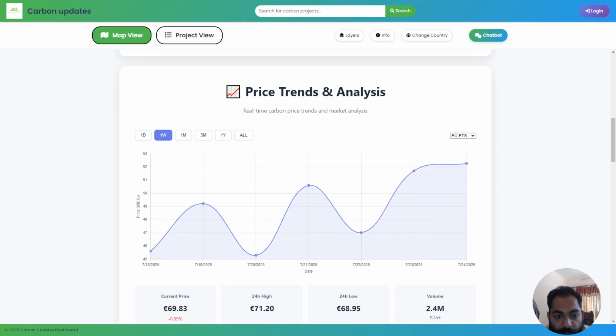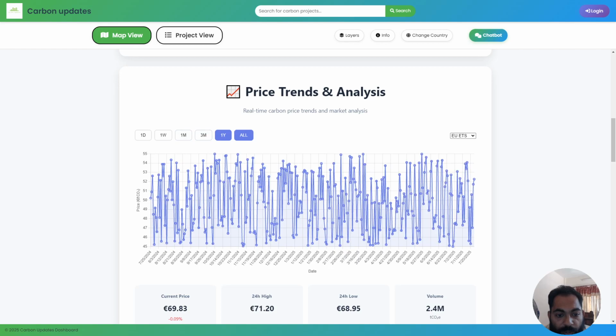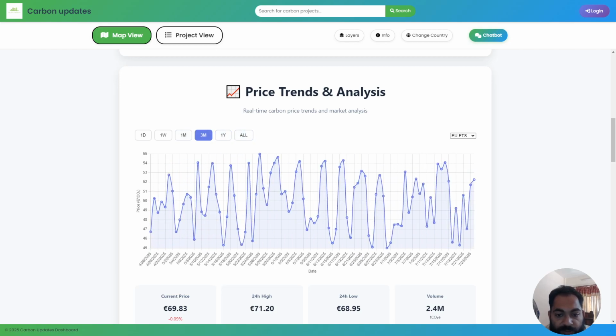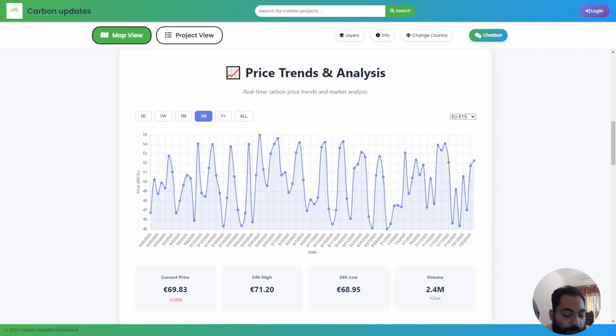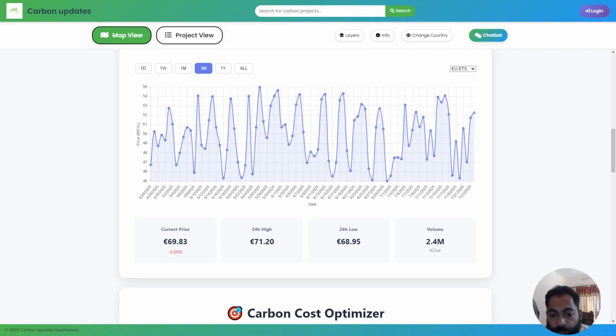We have the 1 week, the 1 month, the 3 months, the 1 year, and the overall time, right? You can tweak this x and y axis whatever way you like based on the feedback. We provide people feedback. Right now the carbon price is 69.83. The 24-hour high was 71.20 euros, the 24-hour low was 68.95, and the volume traded was 2.4 million tons